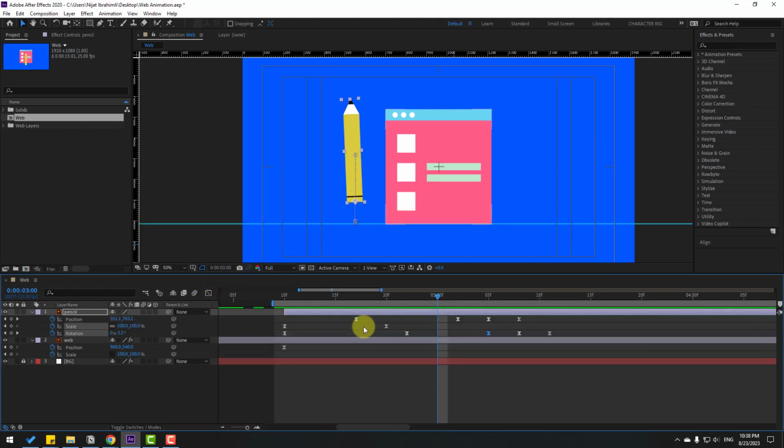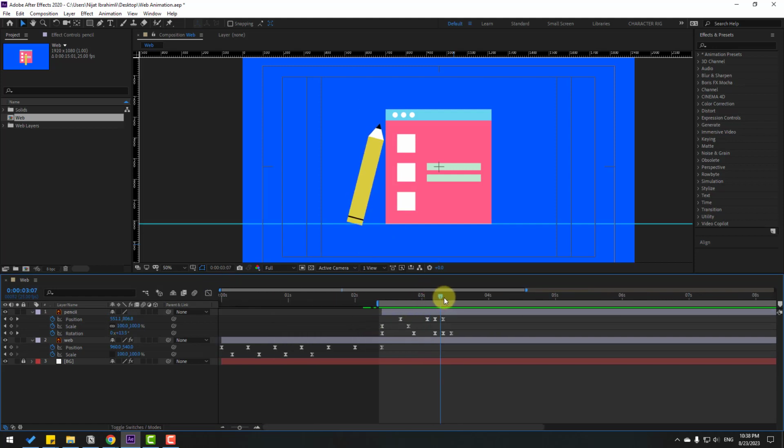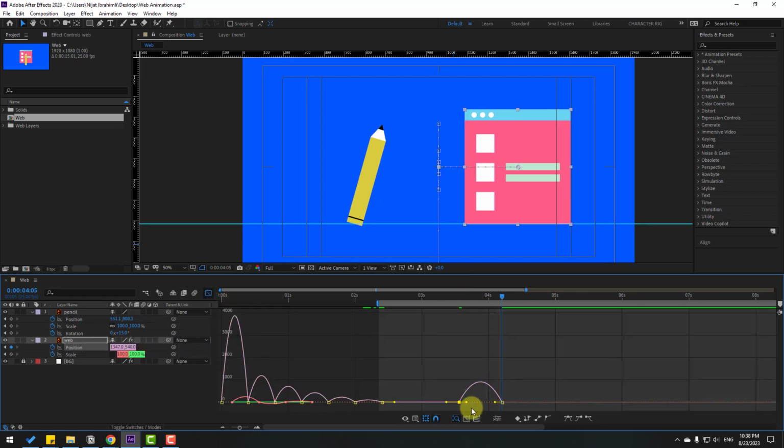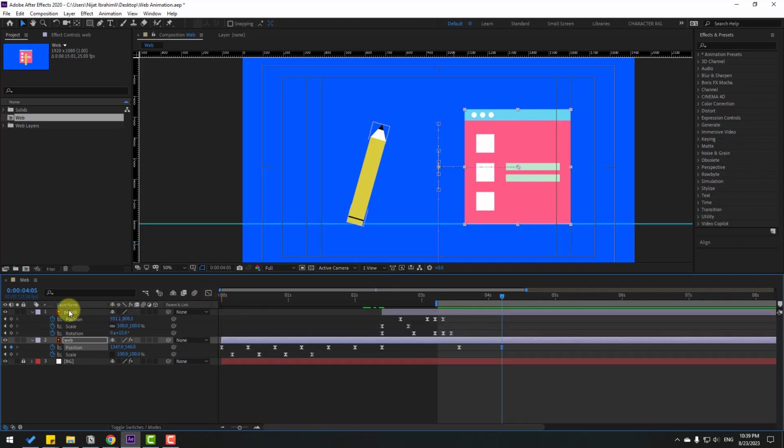So back to keyframes, and at this time go to here, select this web layer and make a new position keyframe, and go to 5 keyframes. Let's move to right. And select keyframes, go to graph editor, make graphs like this. Okay, back to keyframes and select this pencil